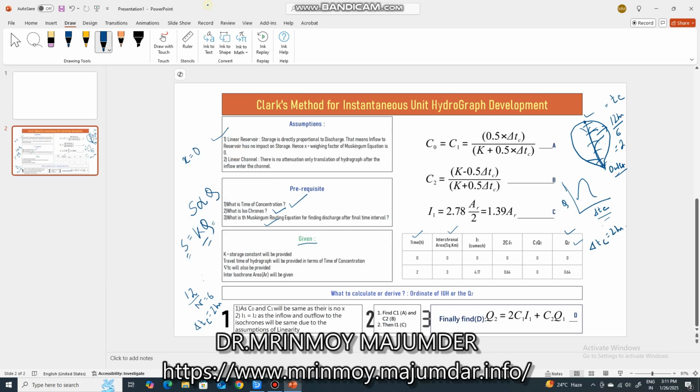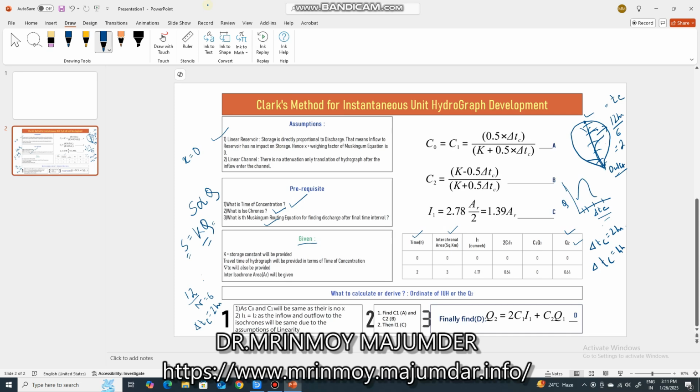If they say that it is divided into 4 parts, then you will divide it by 3 and del Tc will become 4 hours. Then this will also become 4 hours. But the accuracy will not be very high. Right? So 12 hours, you can divide it into 12 parts also, each part of 1 hour duration. That can also be done. Right? But to do that, the